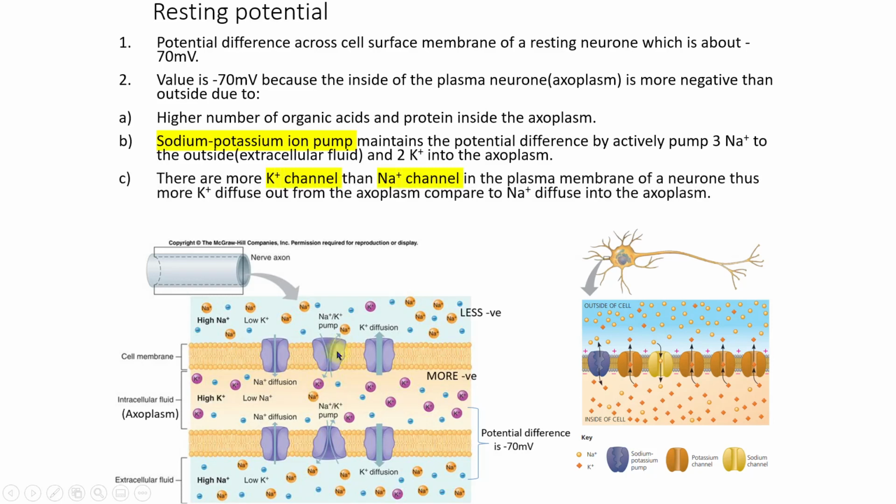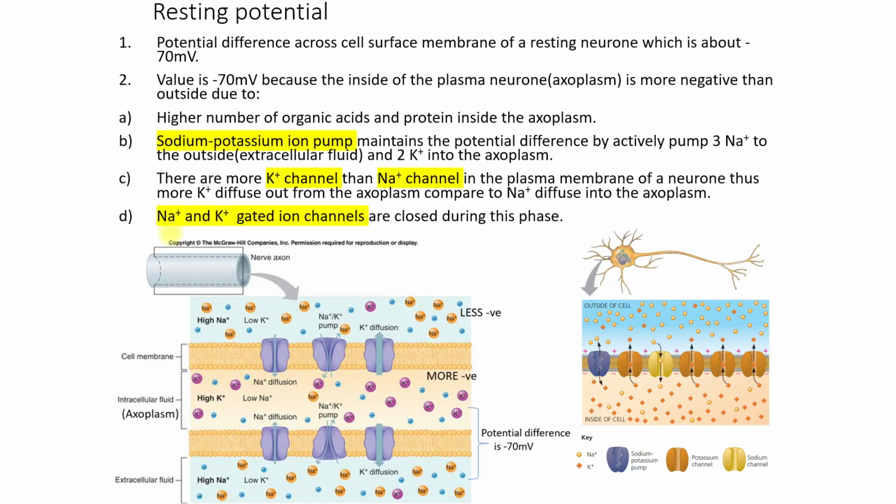Then there are more potassium ion channels than sodium ion channels in the plasma membrane of a neuron. Meaning to say, more potassium ions will diffuse out from the cytoplasm compared with the number of sodium ions diffusing into the cytoplasm. Another factor is